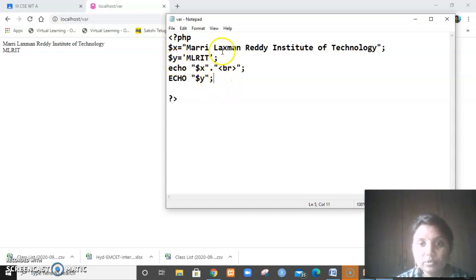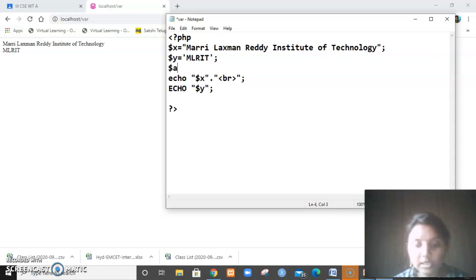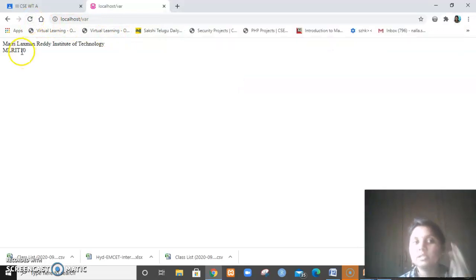Let me show you the variables of type integer. Let me give $a equals 10. Now I just wanted to print $a. Let me refresh and see the output. So I'm getting that also.